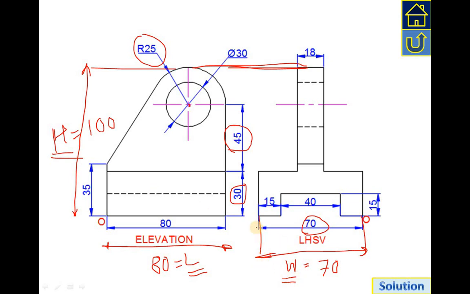As we are drawing isometric views, we are actually drawing a 3D object, and that's why we need to make a box of maximum 3D dimensions, length, height and width. So we got all the dimensions, and then we'll move further to drawing the isometric box.